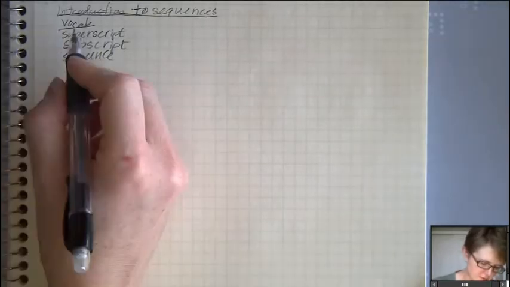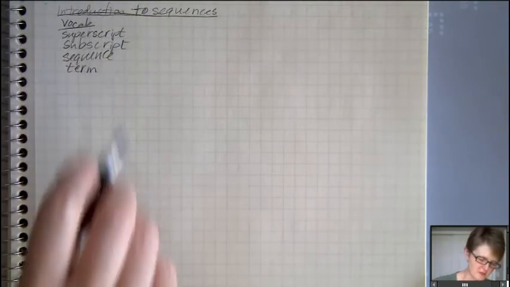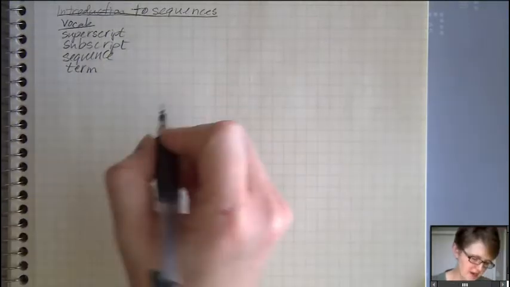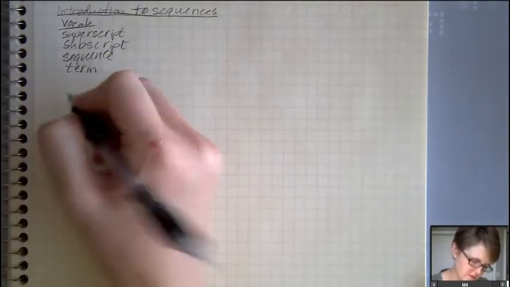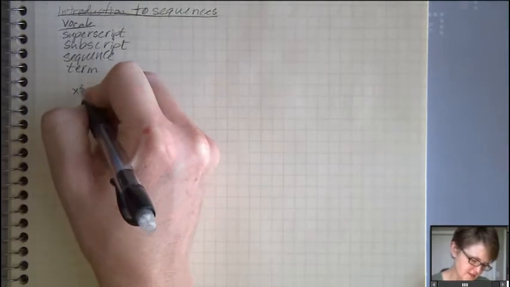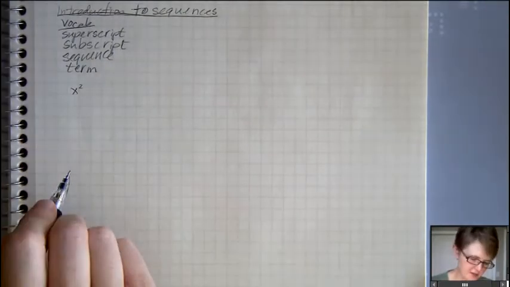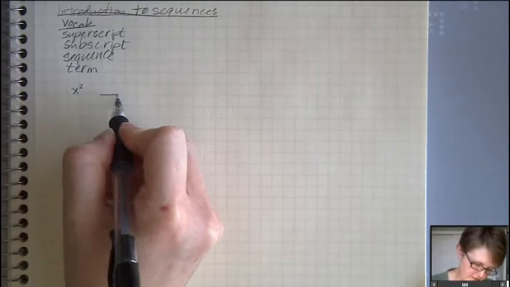So you've probably used superscripts before. In fact, I know you have. When we use exponents in mathematics, we use superscripts. So, for instance, x squared. Now, we're going to be a little bit picky about this. Remember back in